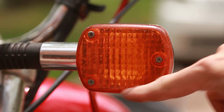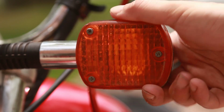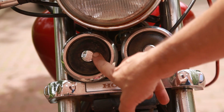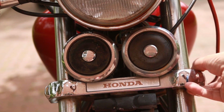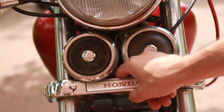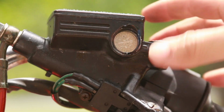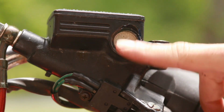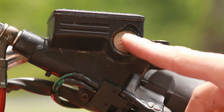These are the very large stock blinkers that Honda has. They're not working at the moment. Twin horns, and of course you have the nice emblem here. This actually comes off. It's like a chrome piece that you can remove so you can access the brake lines. The master cylinder, the glass, what happens over time is that this will completely fall off and disintegrate